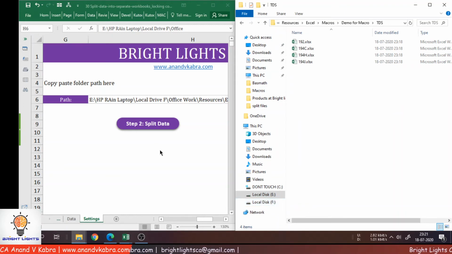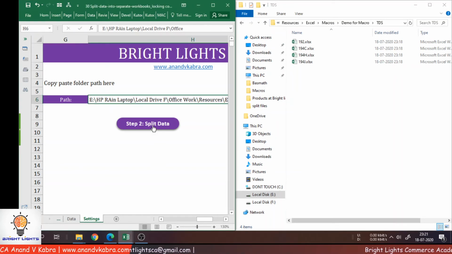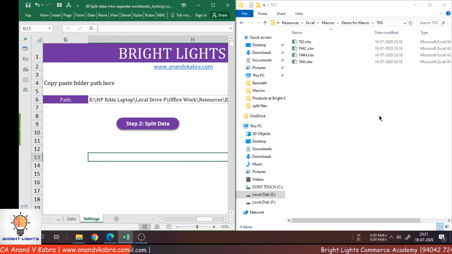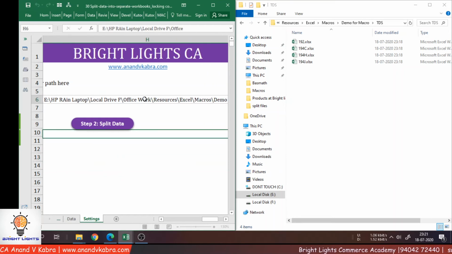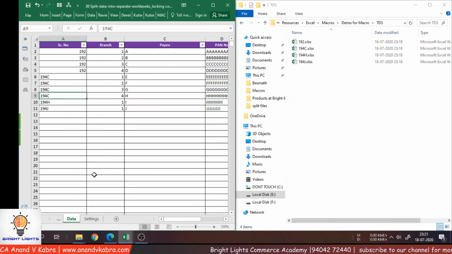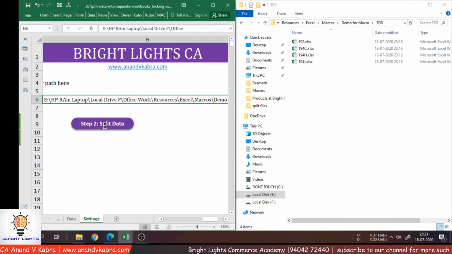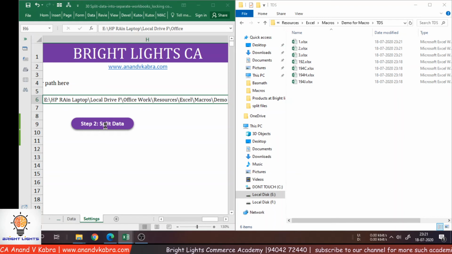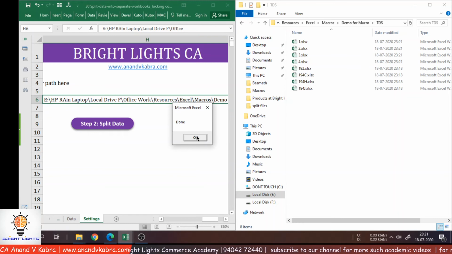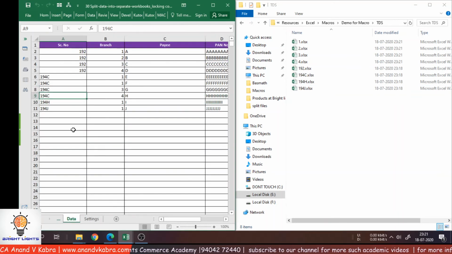Now let's see, files for branch 1, 2, 3, 4 should be created here. Here are the files created. That's it.